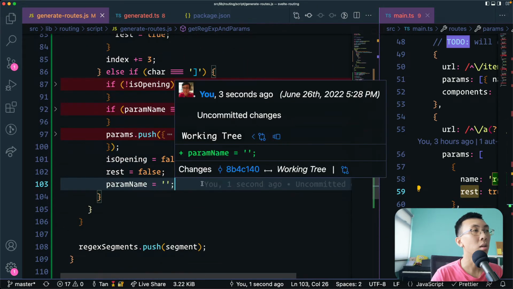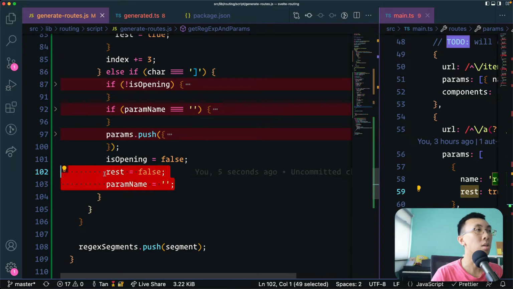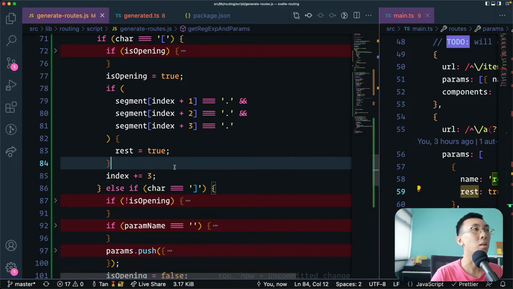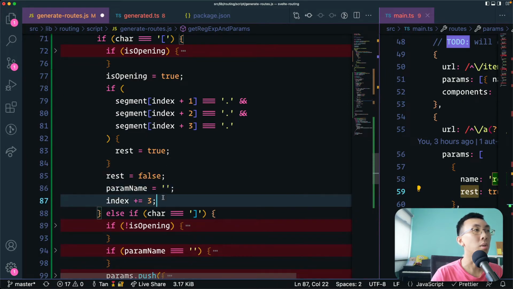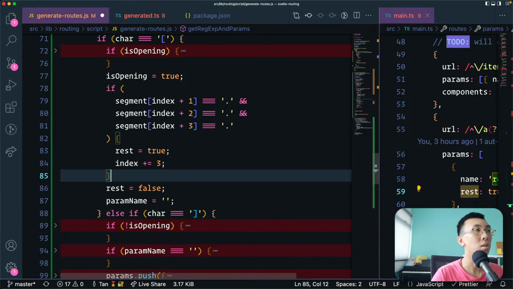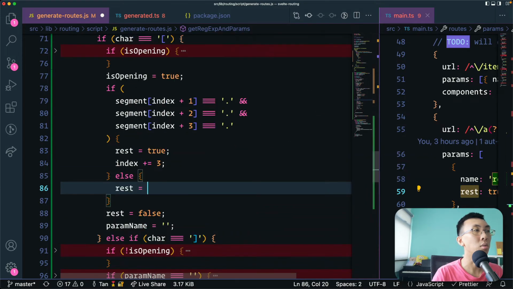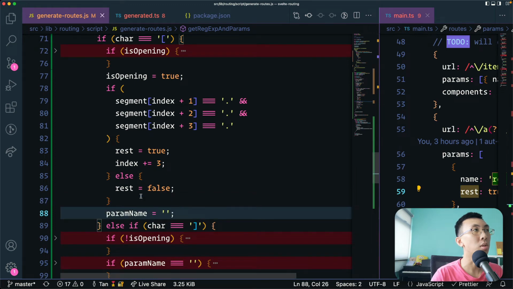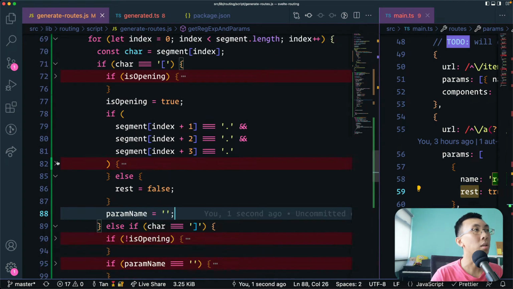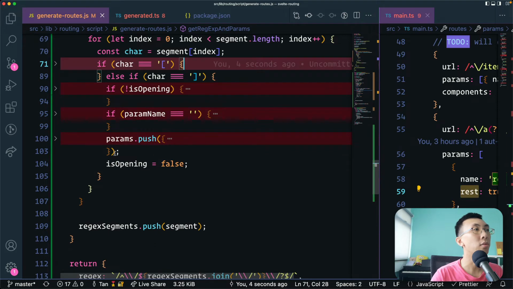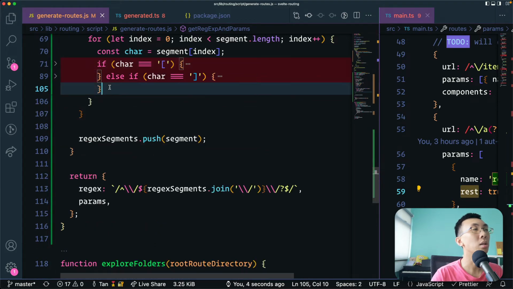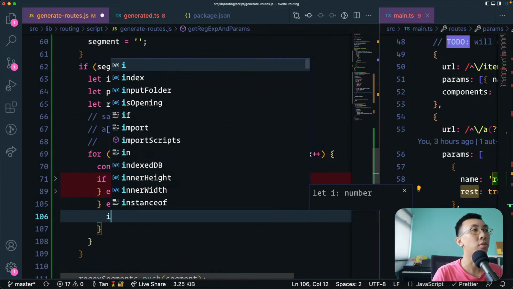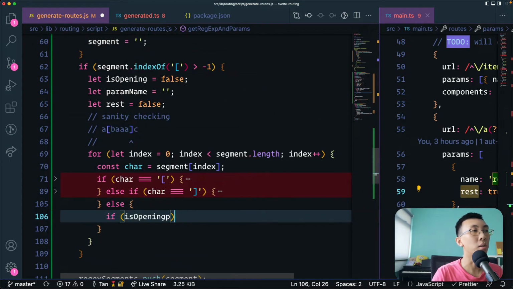Okay. I think instead of resetting, we just initialize it correctly. So here we can, wait, hold on, this only happens like this, and then else rest is equal to false, and then param name should be empty, reset. And yep. And if it's other characters, else, then we check if is opening, then